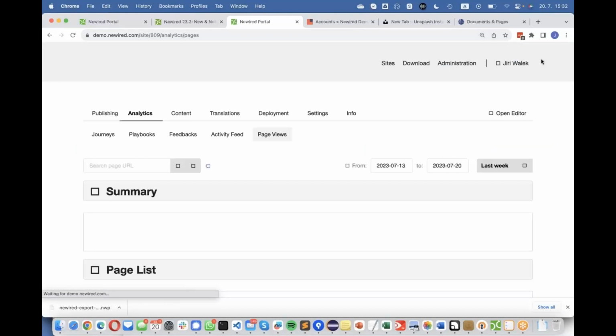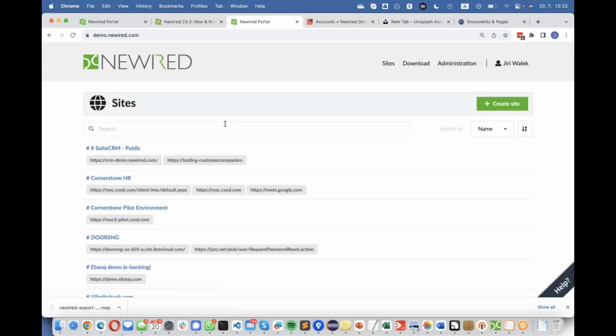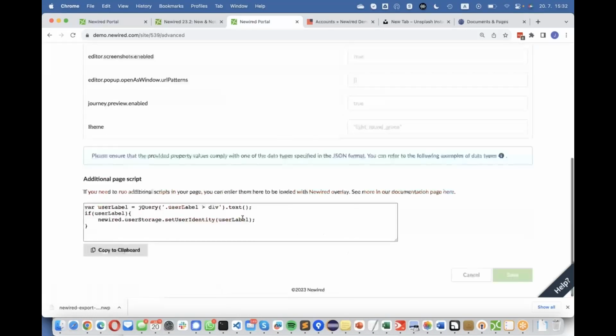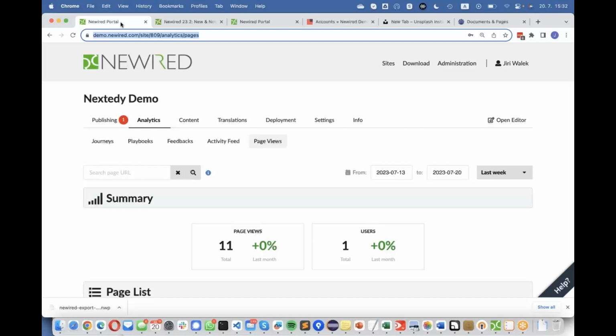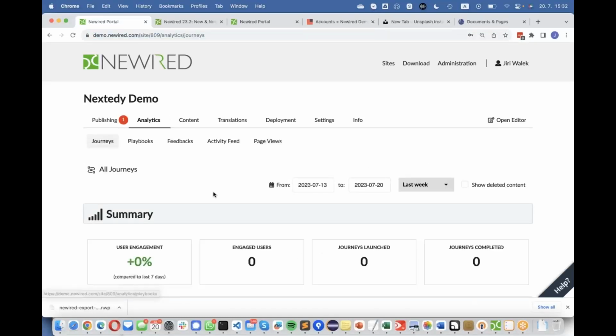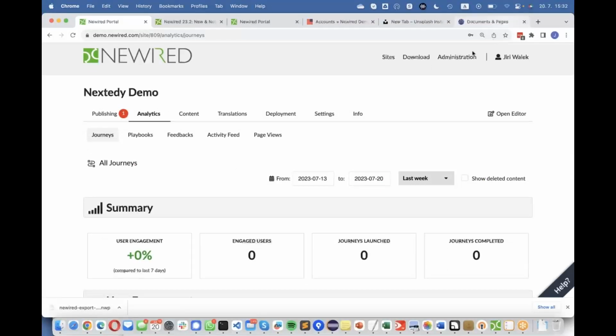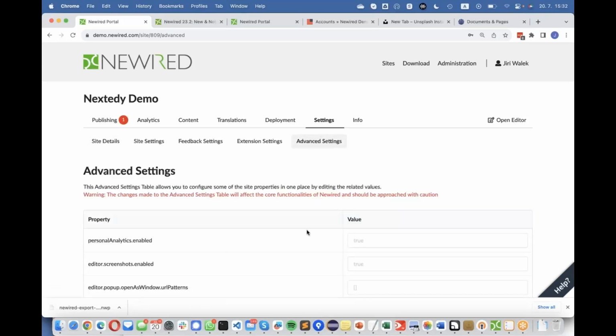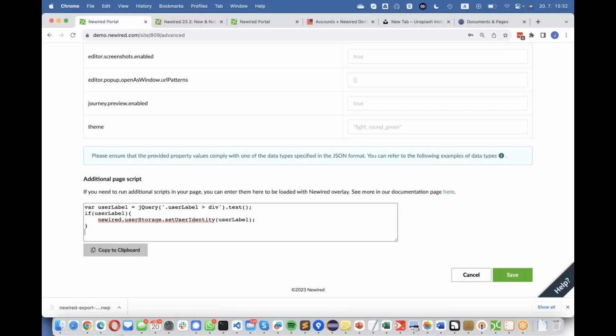If you go to settings, here advanced settings, if you remember, we had the journeys on one of these Polarion implementations, and the personal analytics have been turned on. But what we can do, we can enable the so-called automated, or we can plug in the script that is specific to some target application, in this case Polarion, which will derive the end user information automatically